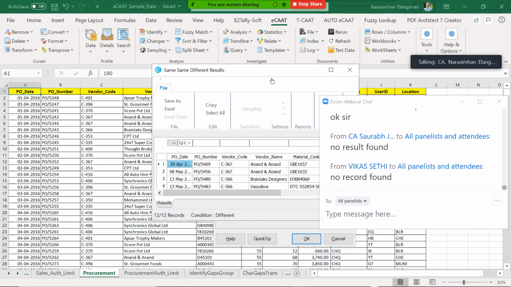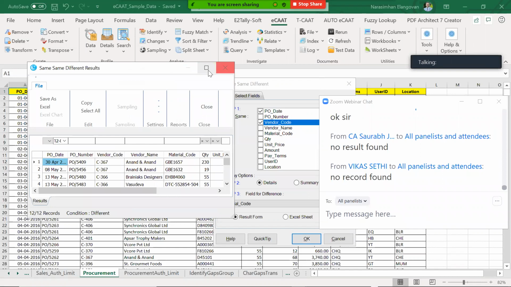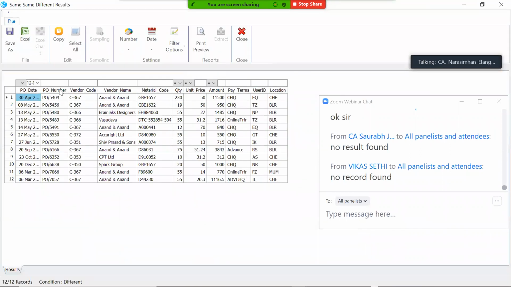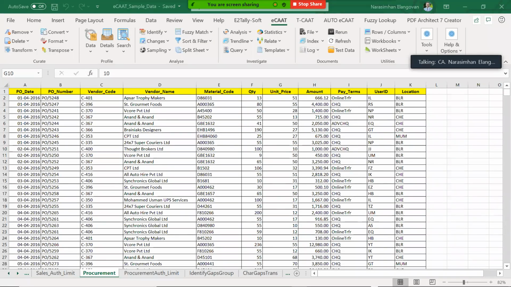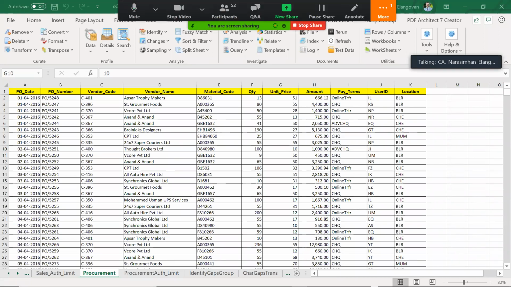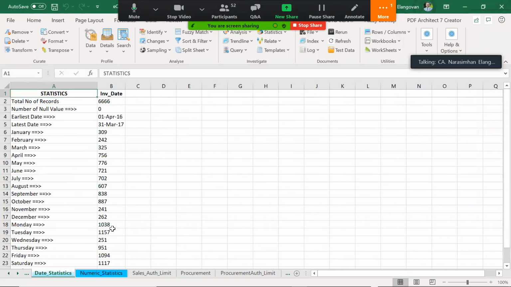But I am getting data. I am getting this PO number, vendor code. Look at this, one PO given to two vendors, and material code is different. I'm not sure what field you have chosen. Maybe you chose vendor name. It is showing F10, F11, F12. That is because when you formatted, the data was not working fine. There's a sheet by the name procurement. There's one sheet called procurement to harmonize, and one more sheet called only procurement.